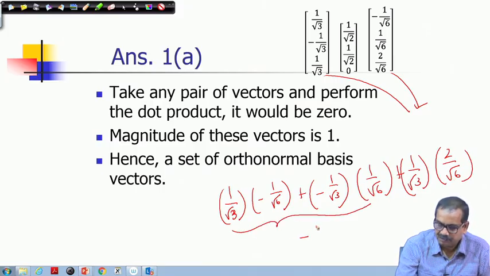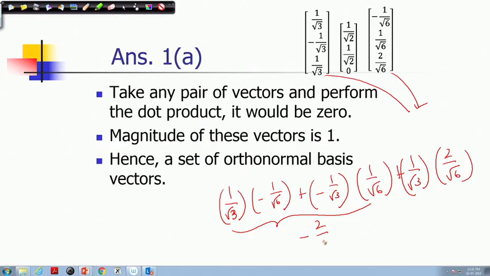So, it should be minus 2 by root 3 into root 6 plus 2 by root 3 into root 6. So, this should give 0. And in this way you can choose any pair of vectors and you can find out